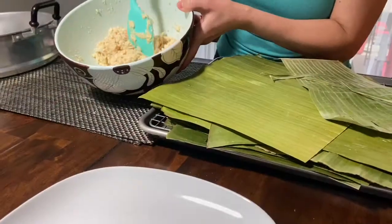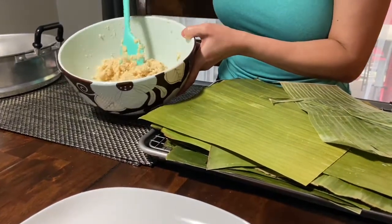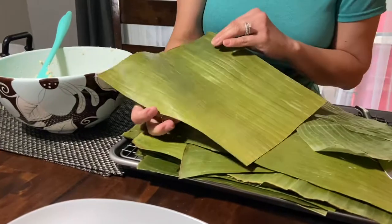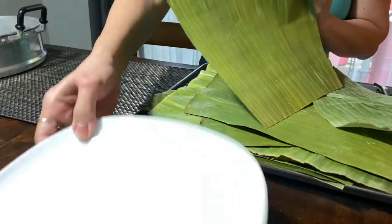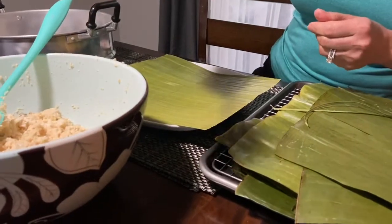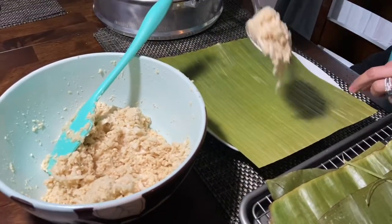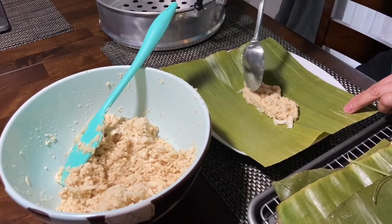All right, everyone, so we mix our cassava really good, and this is ready to wrap. So we have these banana leaves. This is where we're gonna wrap them. Okay, so what I did is I already cut them to the right size that I need. So you can grab one bigger spoon or serving spoon, pretty much just one, then drop it into these banana leaves. You don't even have to touch them,